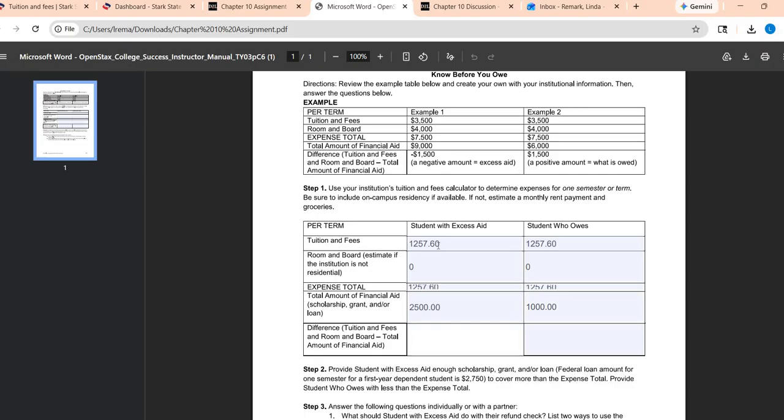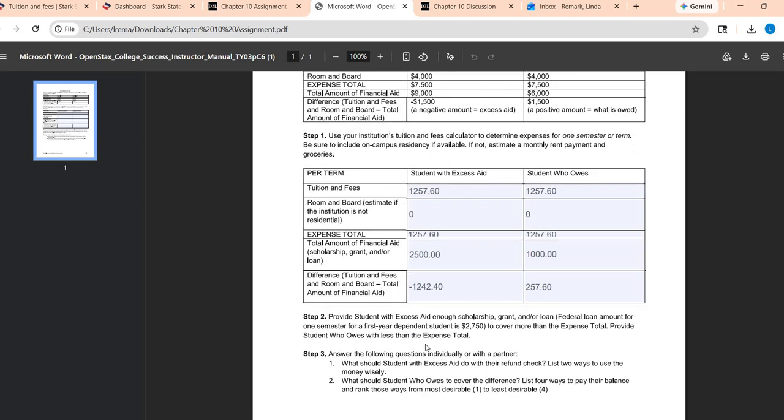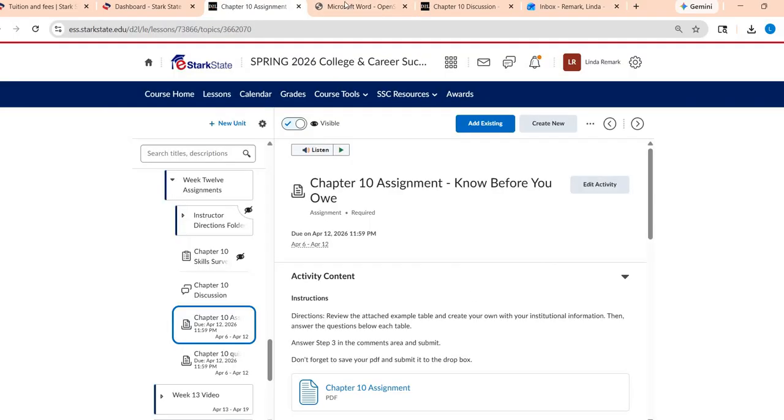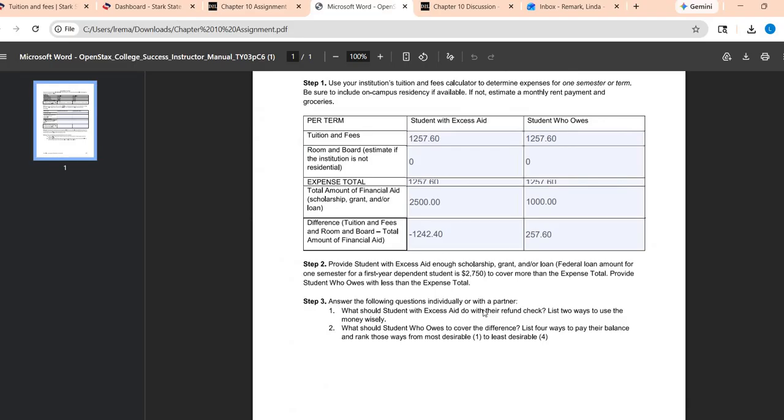So then I'm going to find the difference, and I'm going to get a negative number in this first column. So I'm going to take my top number minus my bottom number, and I'm going to get negative $1,242.40. Now here I can just subtract like normal, and my difference is right here. Okay, so this is what I would start with right here. But then you have questions at the bottom, and you can't type here, sorry. What you'll do is then you'll comment these questions, or you can write it on a Word doc and upload it, or those of you who can manipulate the PDF and type or write on there, you are welcome to. But don't forget to answer these questions down here.